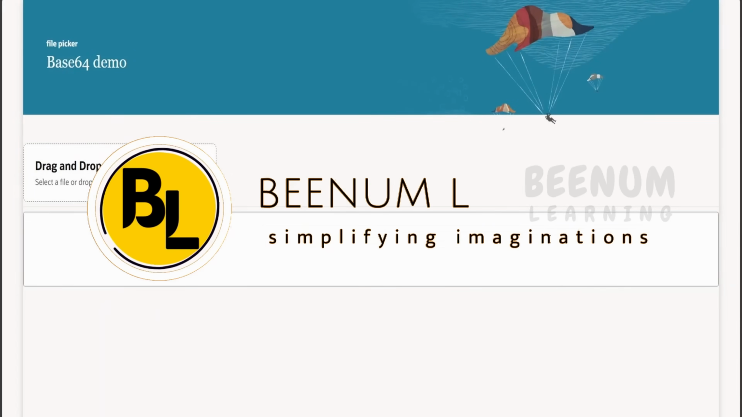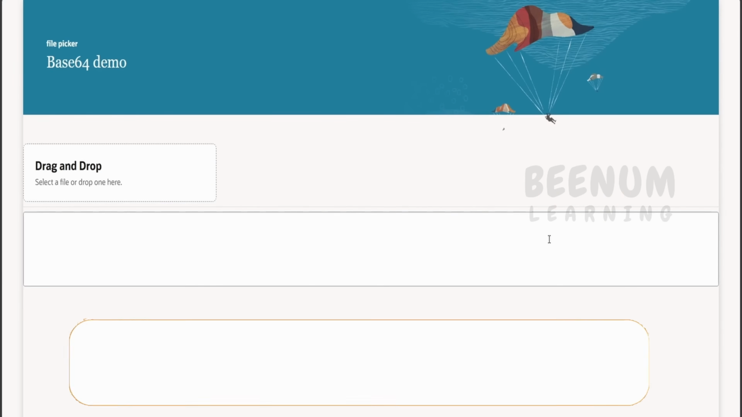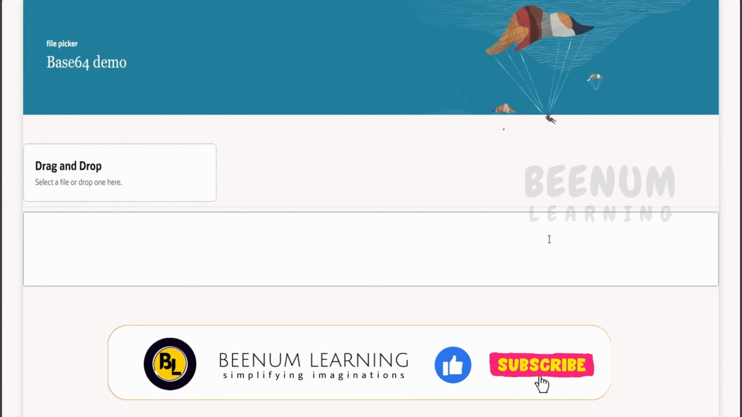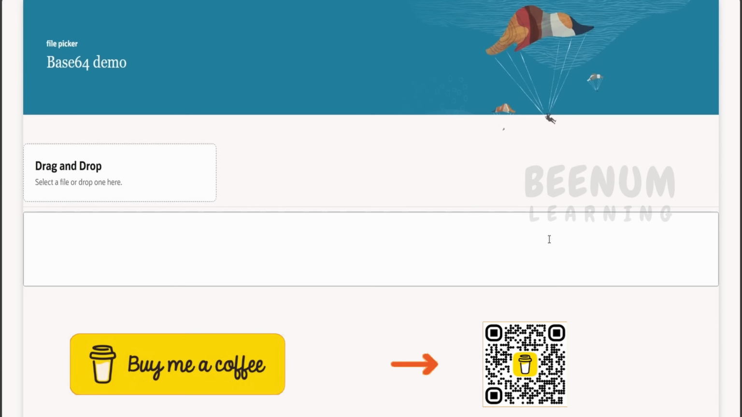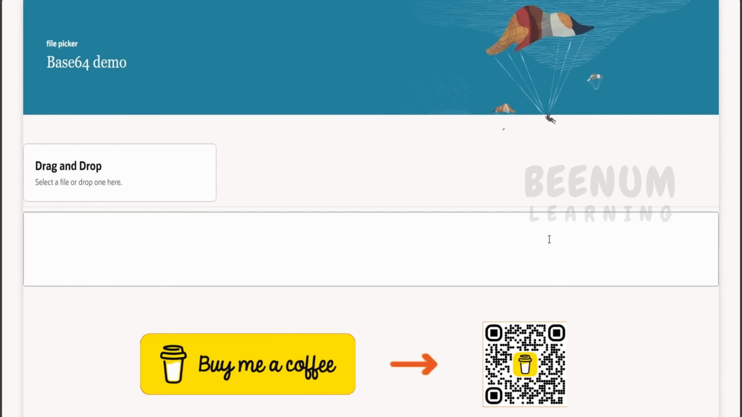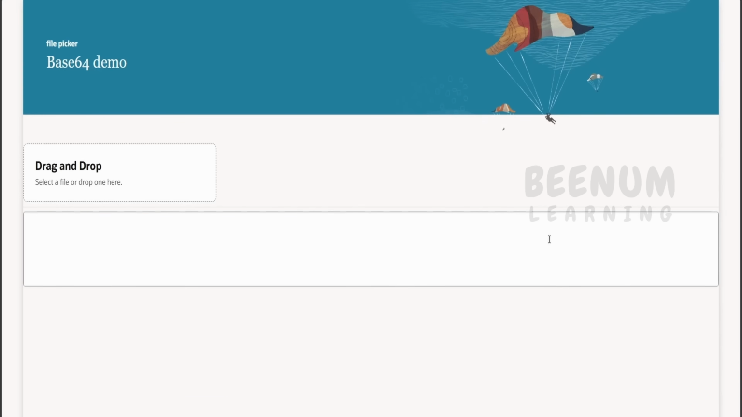In this demonstration, we are going to learn how to get the Base64 content for any file when we upload the file using the file picker component in our Visual Builder application. For demonstration purposes, I have created a very simple application as you are seeing on the screen. This application is built with the Reroute page template, and this is the welcome page template that I am